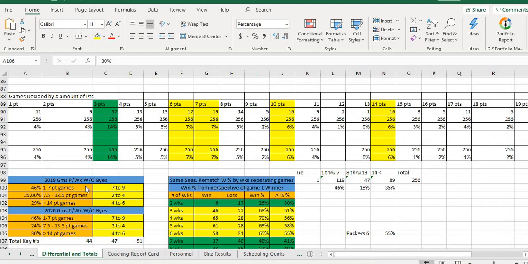Just off screen, if you're looking at your screen right now, I do have the 20-point value as well. So games that were separated by more than 20 points was also 14%. So between the 14 and the 14, we have the 28, and then if you add the 4 and the 4, of course, that'll get us up to 36. 36% of the time, games were either separated by 3 points or less, or 20 points or more. So most games in the NFL are going to be really, really close, or just blowouts.